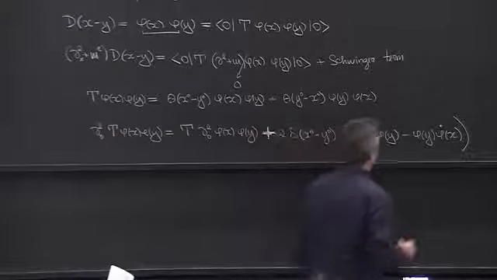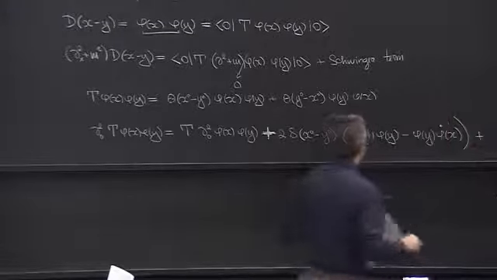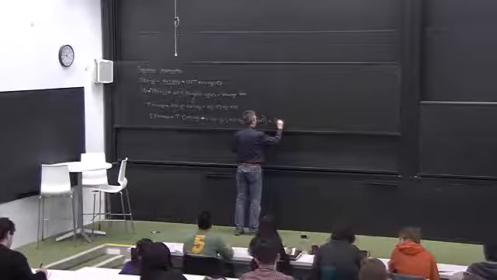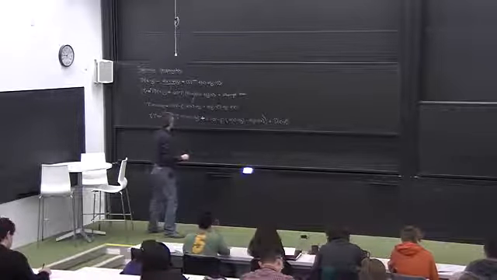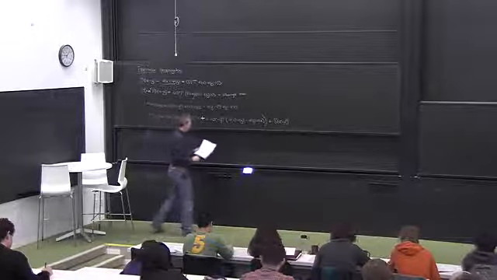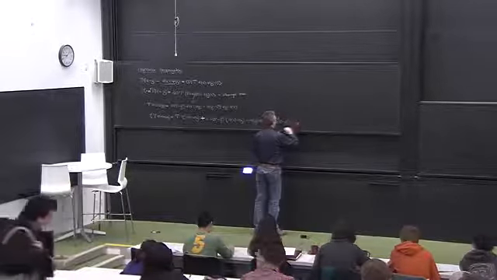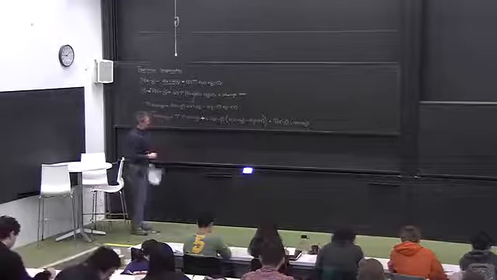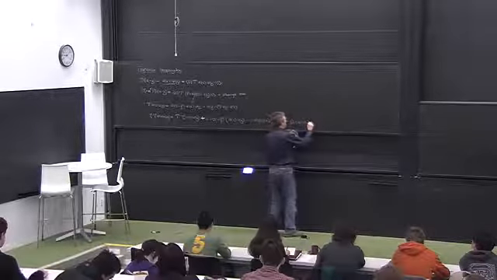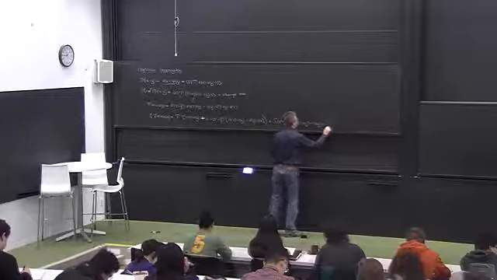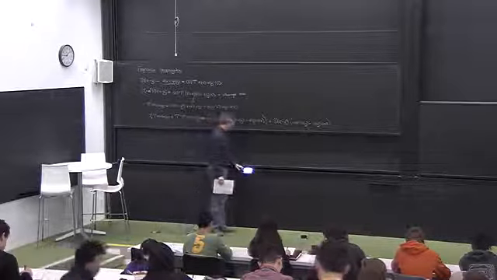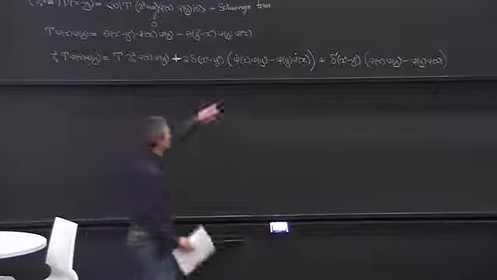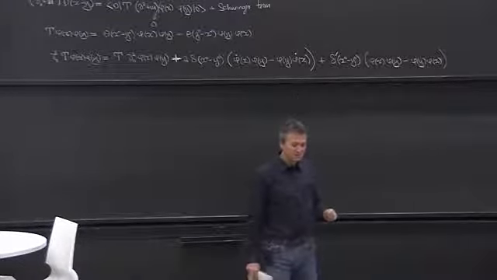And finally, there is a term where both derivatives act on the theta function. So this will produce delta prime of x0 minus y0. And here again, I will have phi of x, phi of y, minus phi of y, phi of x. So the interesting thing that happened is that what remains is a commutator. Yes? I was wondering whether that